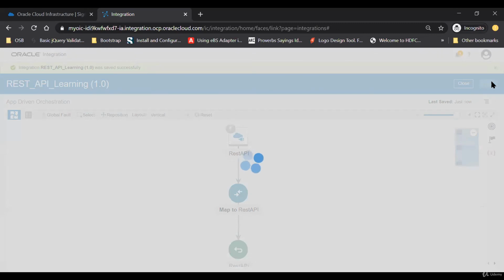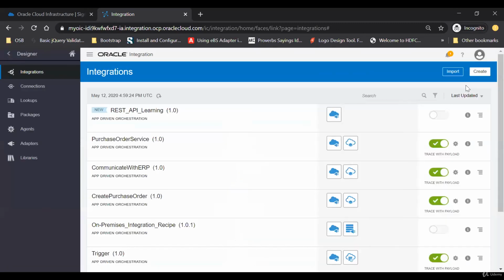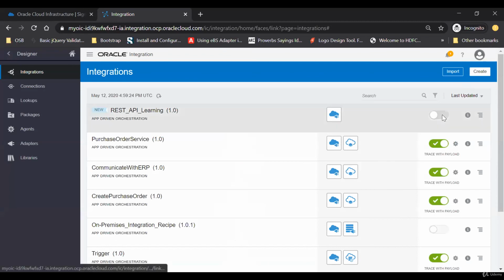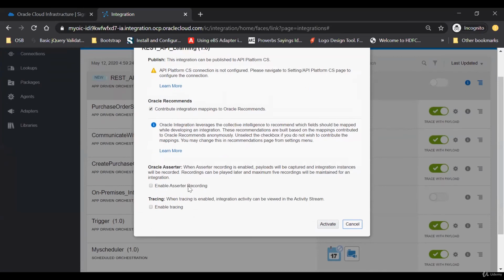Now just save it. Now you see the error has been removed from here. Now just save your integration and then close. Now your integration is ready. Now we can test it. Just activate your integration. Once you activate it, here you see different options like enable asserter recording, enable tracing,